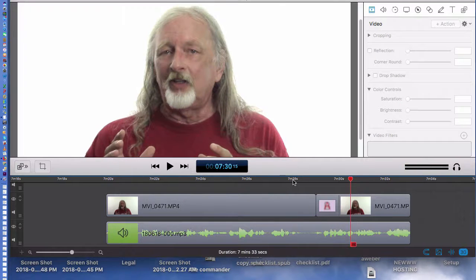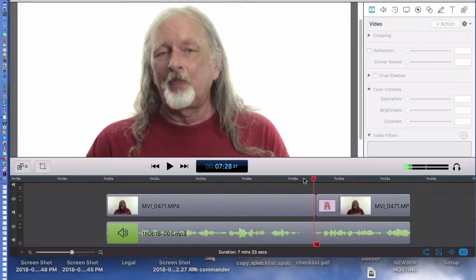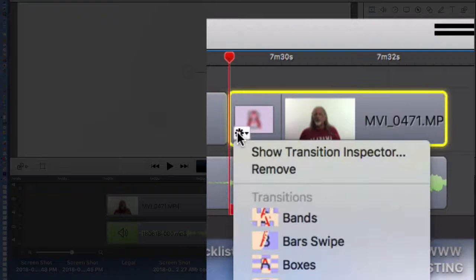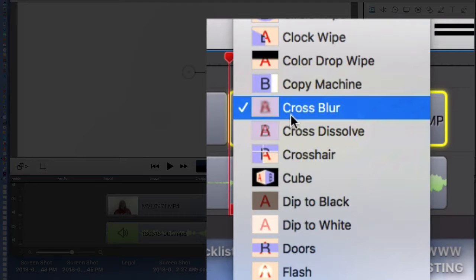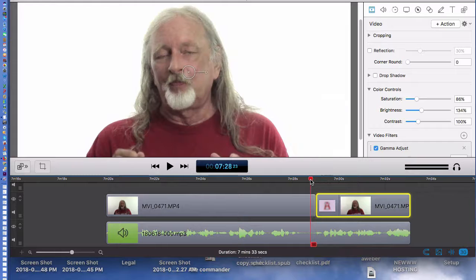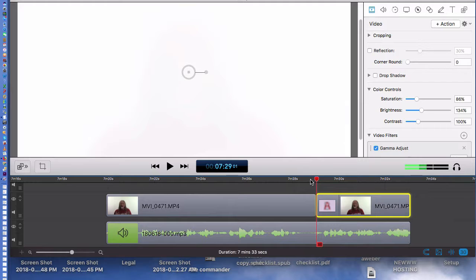Okay, now I want to show you something right here. Move my scrubber bar right here, and I'm going to move frame by frame just to illustrate something to you. So just watch what happens frame by frame as I move my scrubber over there. Okay, now watch. See, I disappeared, didn't I? Because I have that transition in there, and I can show you what transition I'm using. It's called cross blur. You could use different transitions. I'm using cross blur. But what happens is, as soon as I move my scrubber bar right there, I disappear,